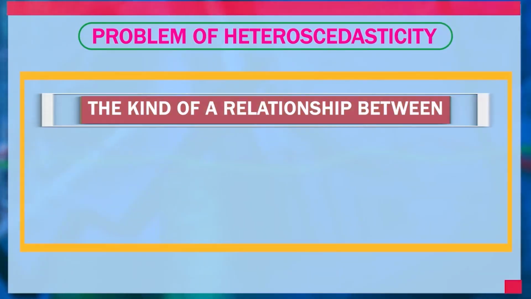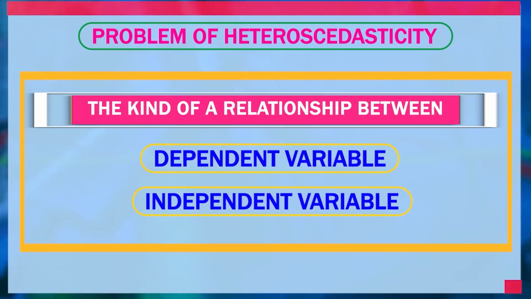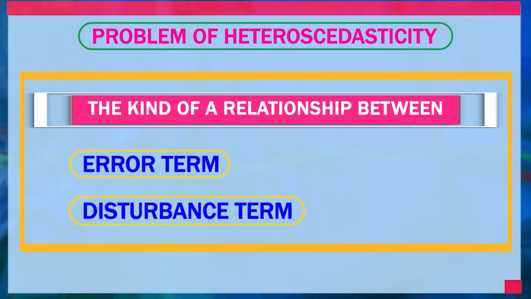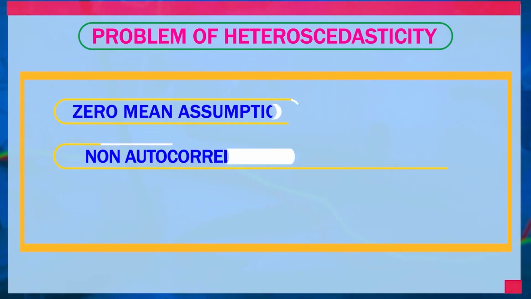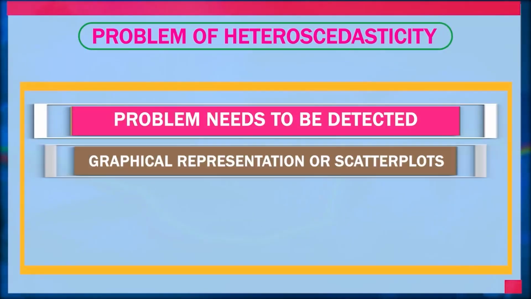When we are referring to the problem of heteroscedasticity, the first issue that crops up is the relationship between the dependent and independent variable, with the presence of an error term or a disturbance term. The OLS assumptions of the disturbance term refer to zero mean, non-autocorrelation among the errors, and non-heteroscedasticity. But if heteroscedasticity comes in, then the OLS assumptions are violated and the estimators fail to have the ideal properties. Thereby the problem needs to be detected, which can be done through graphical representation or